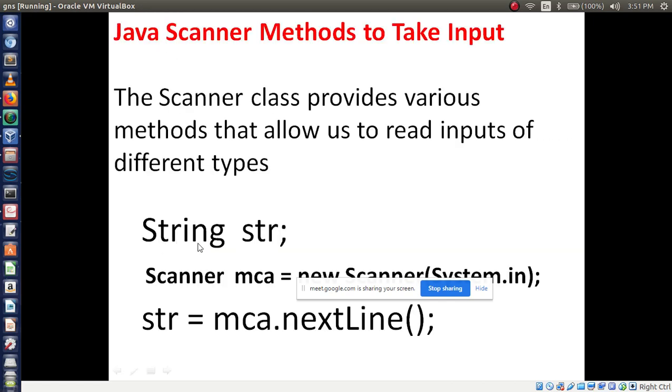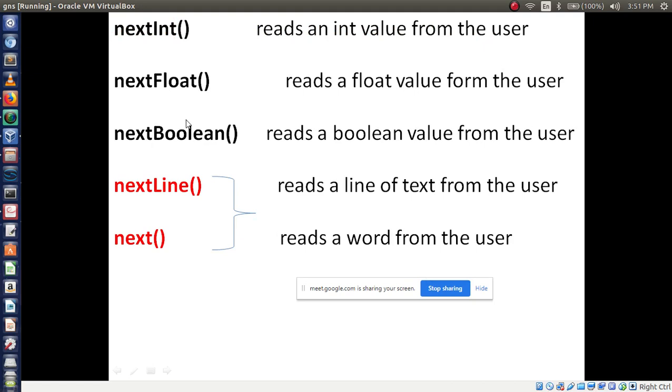Here we are using the string data type, so I am using the nextLine method. Now nextInt is responsible for integer values. nextFloat, write these down. The nextInt method is responsible for integer values. The nextFloat method is responsible for reading float values. nextBoolean is responsible for boolean values, either true or false.